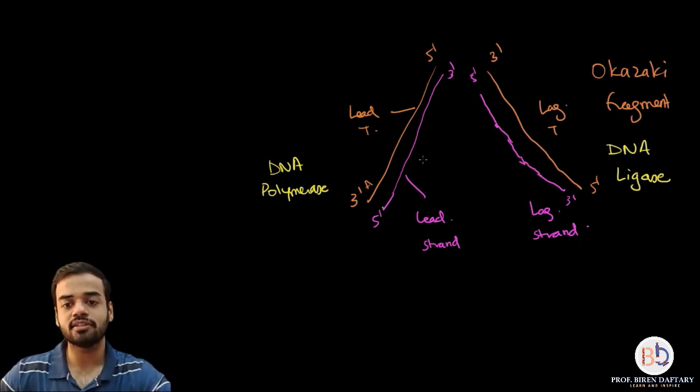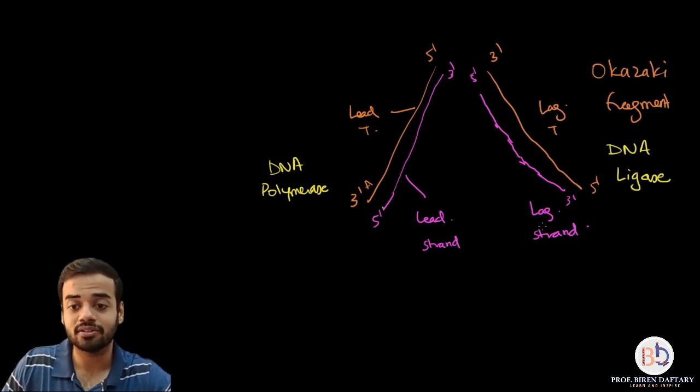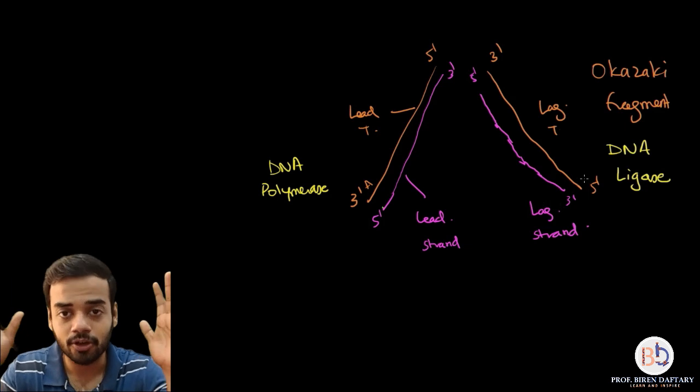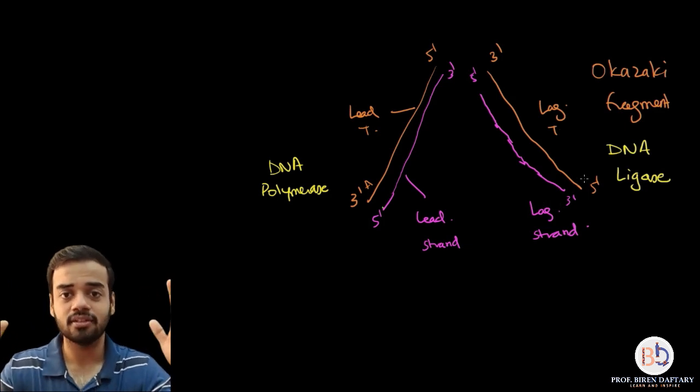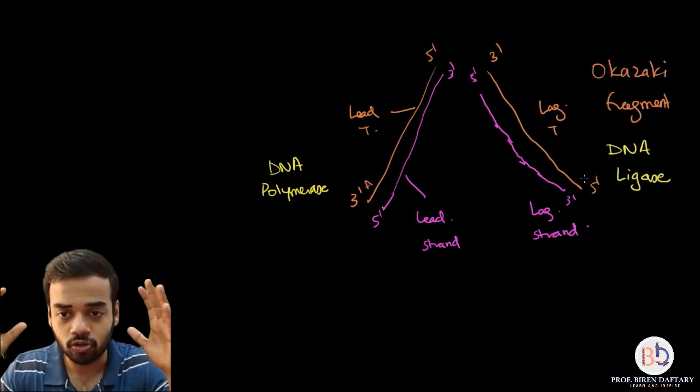So now even this strand is intact, this strand is intact, and if you see, you cannot identify that this is the lagging strand. I hope so. Is this clear? This is your DNA replication part. So all the enzymes, I hope they are clear.